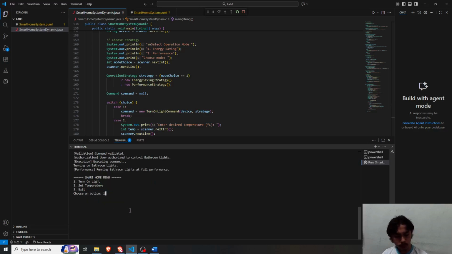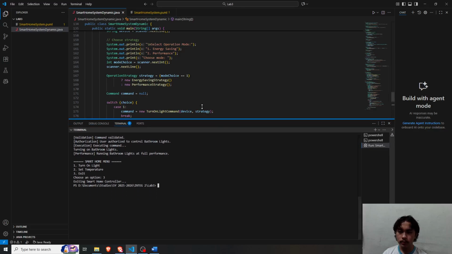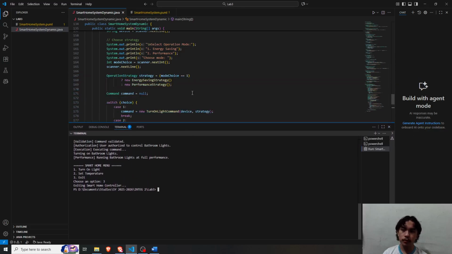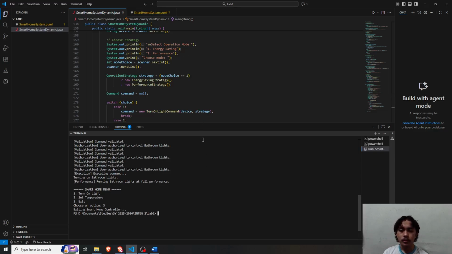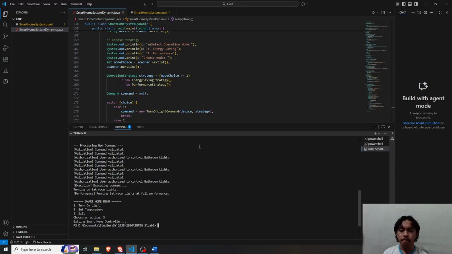So let's exit. That's basically my smart home system controller Java system using 3 behavioral design patterns: strategy, command, and chain of responsibility.